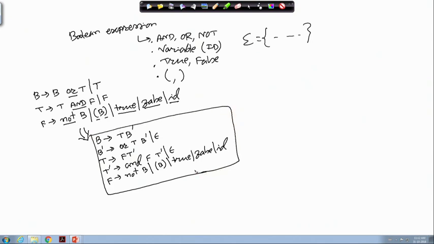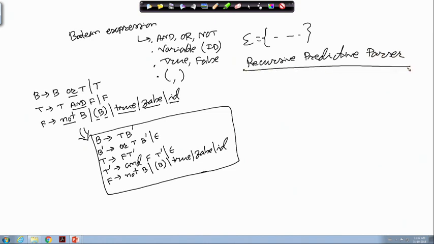So, next we will look into the recursive version of the predictive parser. Recursive predictive parser. And for this recursive predictive parser, we know that we need to make a set of transition diagrams.